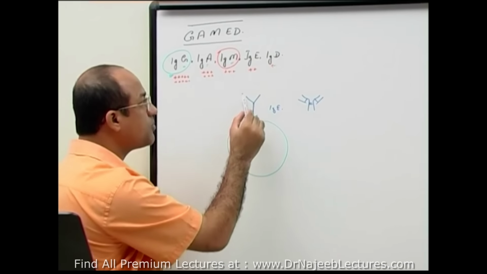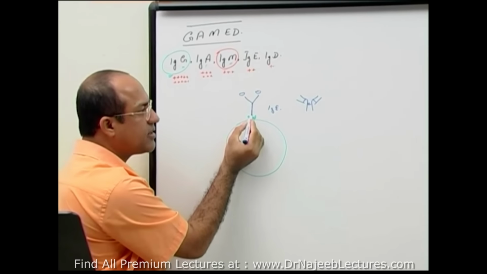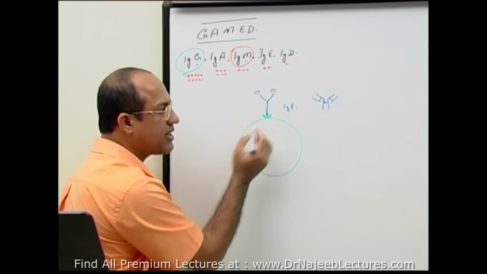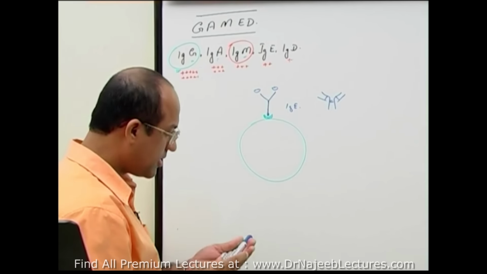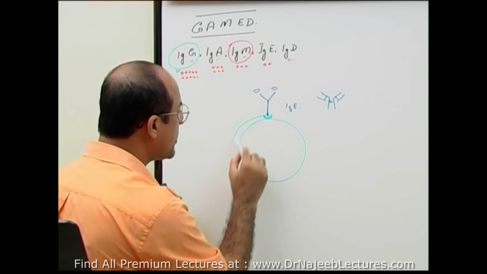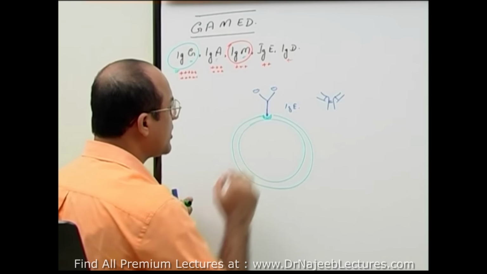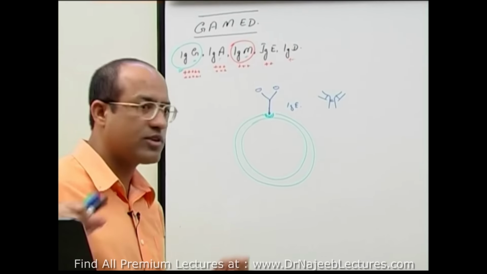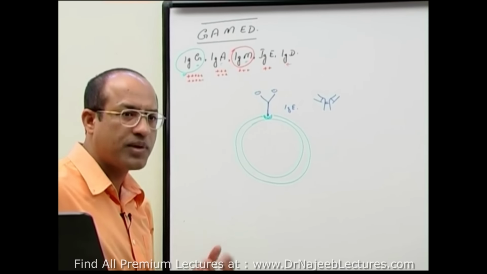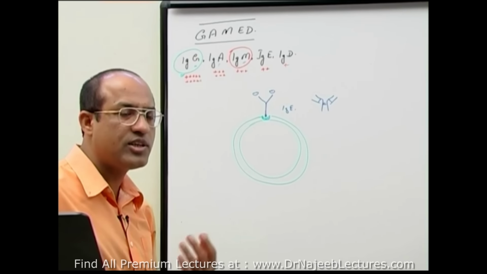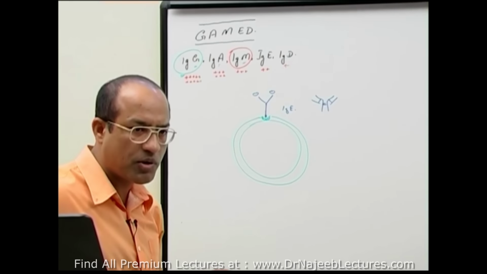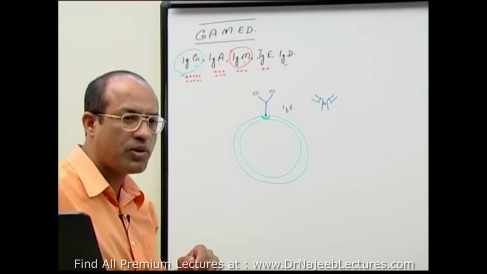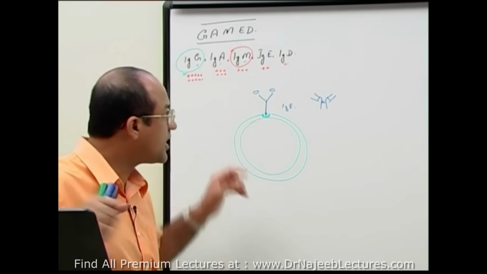But only when antigen binds here does this Fc portion become active and stimulate the mast cells. If you have allergy to penicillin and you have made anti-penicillin IgE antibodies, then IgE antibodies will be loaded on the mast cells, and when the allergen comes